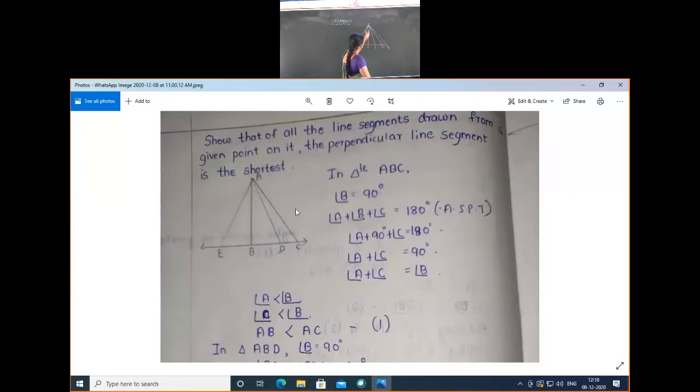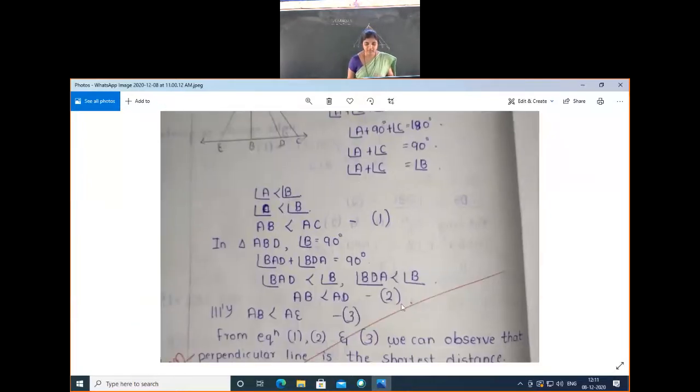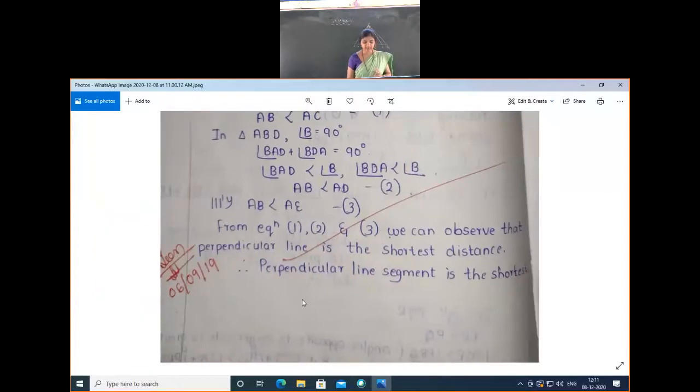Are you observing the figure here? AD, AC, AB, AE. Many ways to go to the point P, but which is the smallest distance? The smallest distance is the 90-degree line distance. For that, what do we have to do? We have to choose 3 or 4 lines, which is enough to reach the proof. ABD triangle you have to show, and compare the angles. ABC triangle you have to show, and compare the angles. Then AEB triangle you have to take. Got the idea of the solution, no?